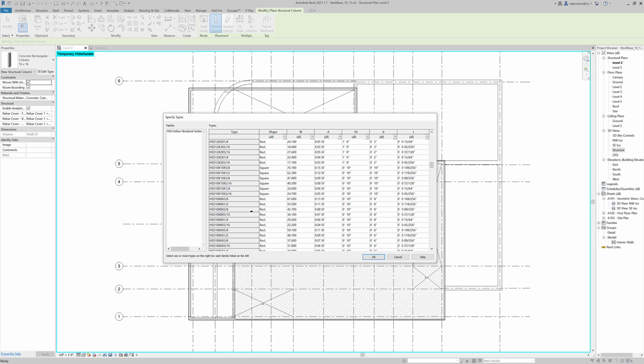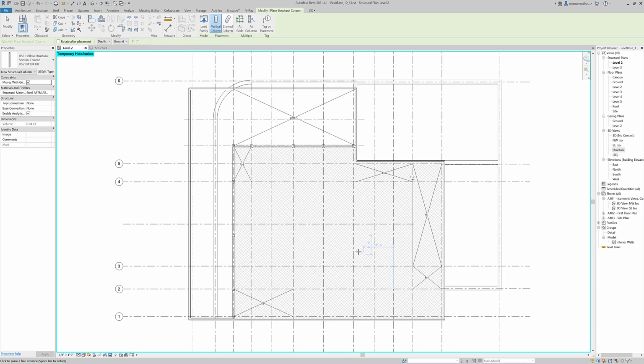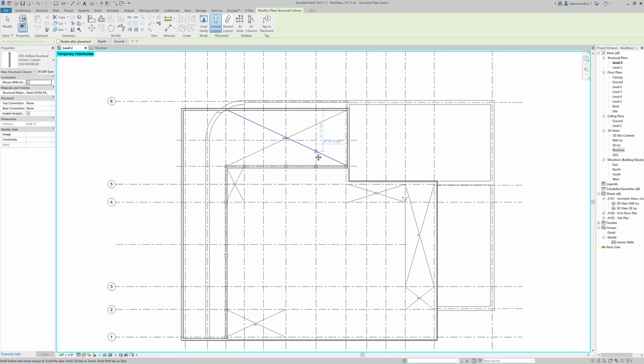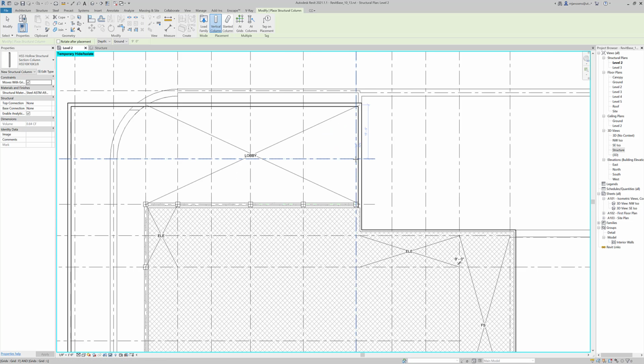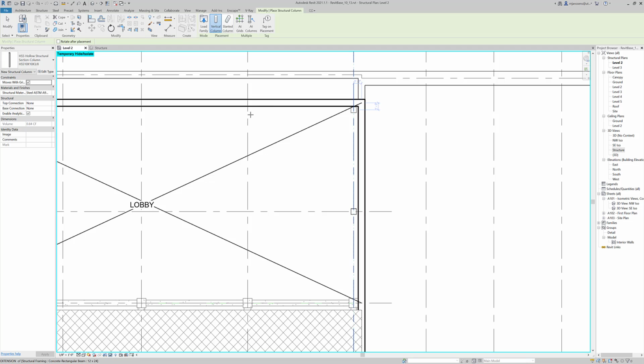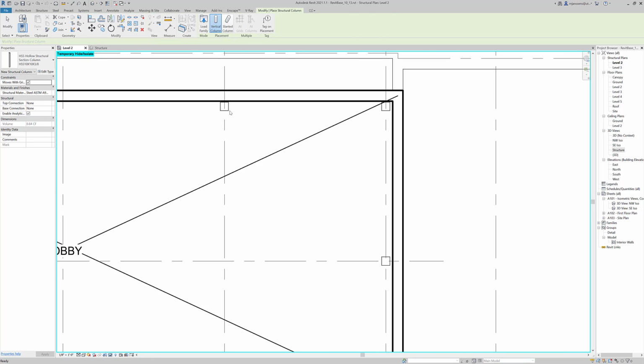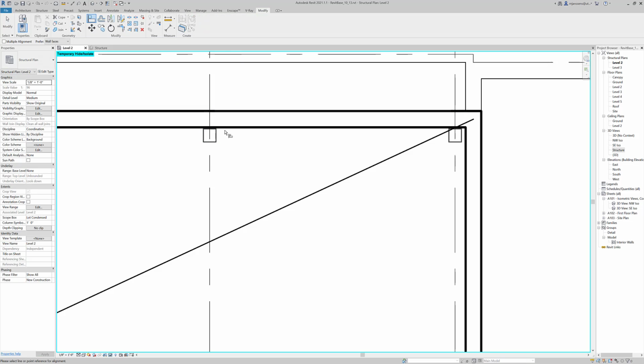I'm going to scroll down here to a 10 by 10, so it's a square profile, and I'm going to choose a 3/8 thickness steel. And now it's going to load in my HSS section. This is basically the same as concrete, so you want to make sure you're placing it by its depth. You could place it at its grids, or you can place it manually. Here, for instance, I might want to place in some elements, and I can align these afterwards. So I can align the edge of this